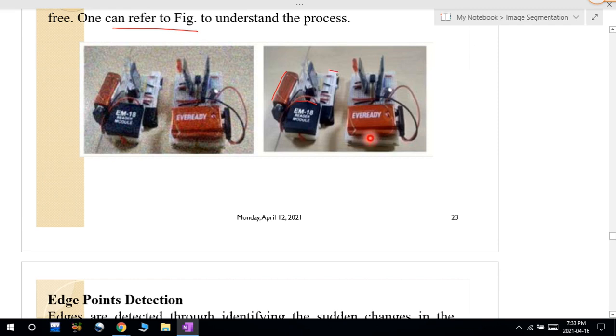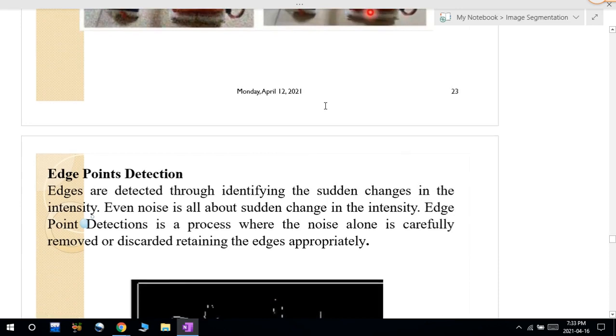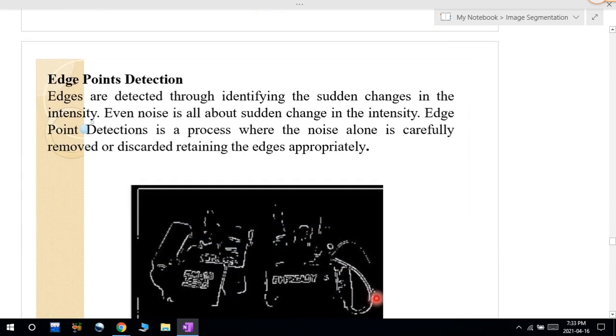So these sudden changes within the image's intensity values can be found out by using edge points. Wherever the sudden changes occurred within that particular image's intensity values, there we will find these edge points. We will find these edge points by using the differentiation operation. After applying the differentiation operation, we will find the magnitude of the edge and the direction of the edge. Once this entire thing is done, then I can get these types of edges.